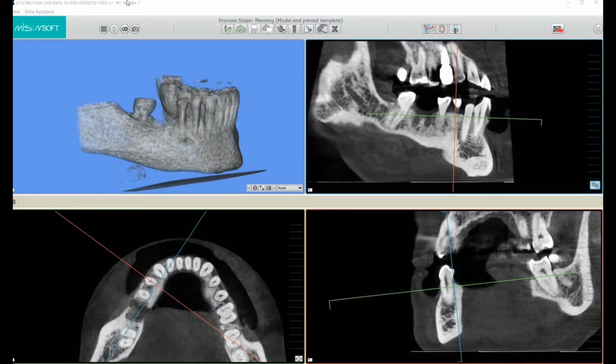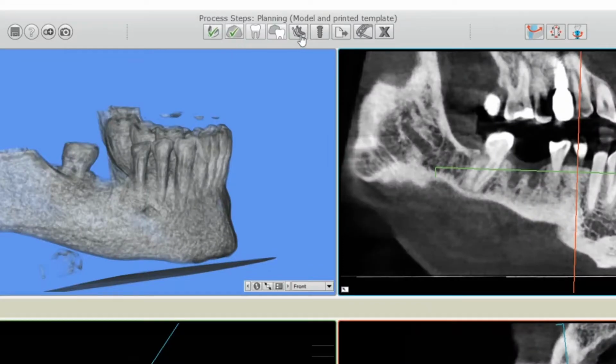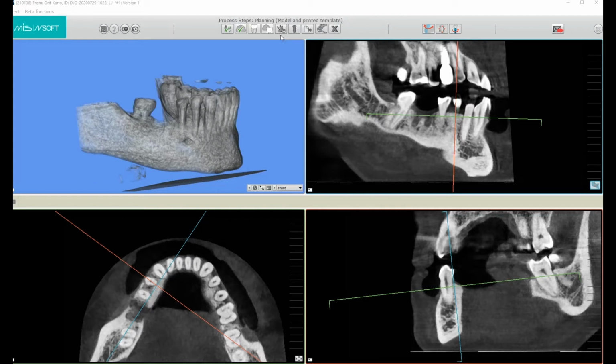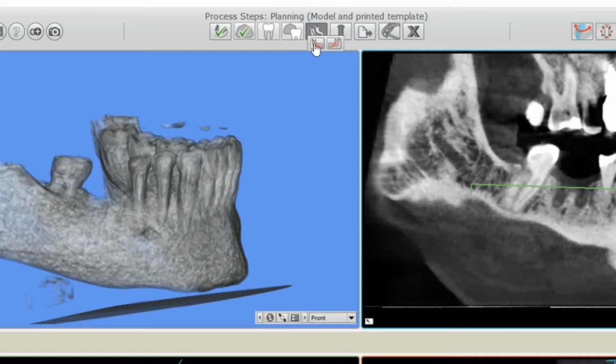Hello everyone. In this tutorial, we'll be discussing the nerve tracking step of planning in Emsoft. The nerve tracking option is fifth over from the left on the top button bar. You can see the little icon with a nerve drawn inside. We'll just click on this and then on the view we'll be working on. The button will turn dark to let us know that this is the side we're working on.